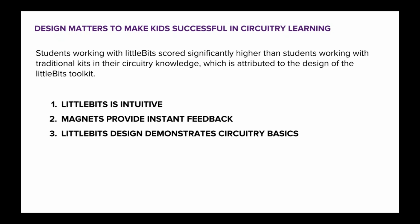And these are three things that really solidified for us: littleBits is intuitive, but not too intuitive, and I'll tell you why that's important. You can pick them up. When I have a table with all of the toolkits out there, the one they gravitate towards the most is the littleBits. They can pick it up, they can start to play with it,